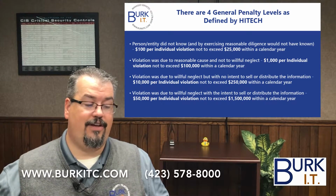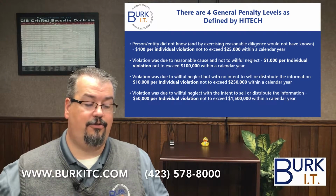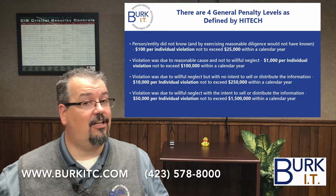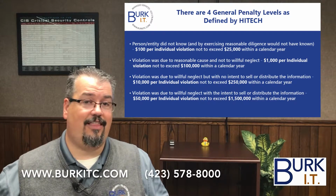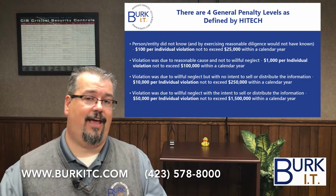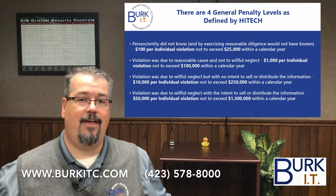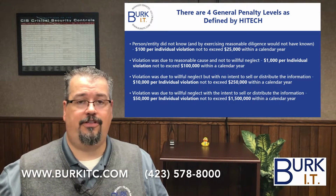Then they would find themselves facing $10,000 fines per individual record lost, not to exceed $250,000 in a calendar year. That's a lot of money to a small medical practice. In many situations, breaches like that can cause a practice to have to close its doors. These are difficult things to address in terms of the financial cost, the cost-benefit analysis around securing your environment properly and avoiding these penalties, versus rolling the dice and hoping that you don't lose information or that